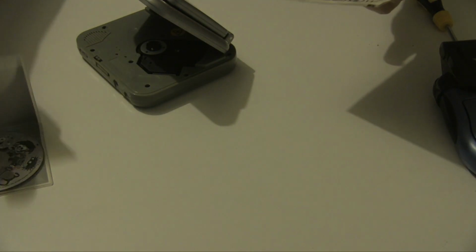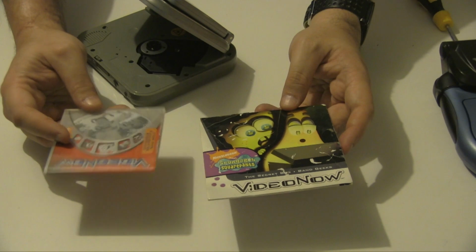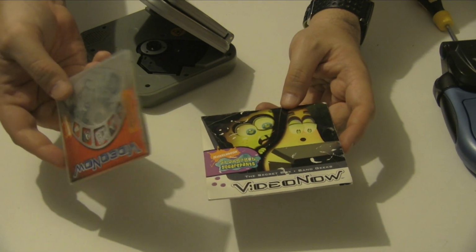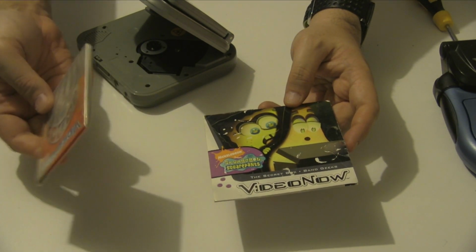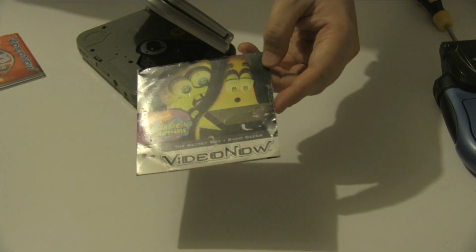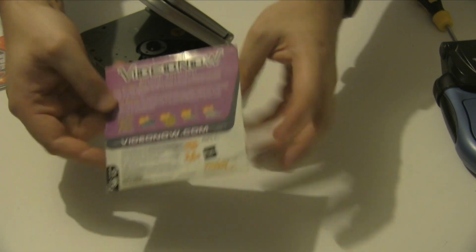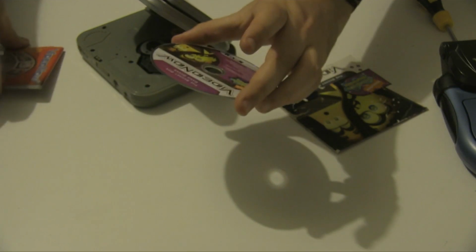Oh, they came in several different cases, by the way. I don't have any of the big cases. They did come in slightly dual cases like DVDs did, but these were two slightly different ones. So you had this, which tended to be for samplers and specials, but also these little cardboard ones, which tended to be sold cheap or added to some magazines, got them free as well. On the back of this one, it literally says doesn't work with the monochrome one because this is a colour disc. And as you can see, if we bring out this...